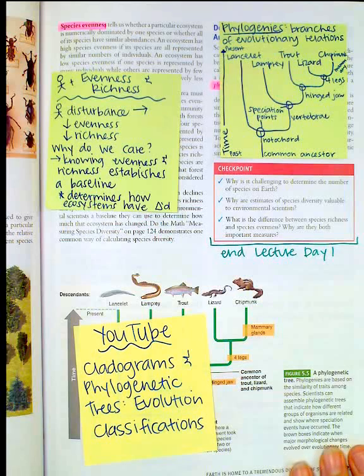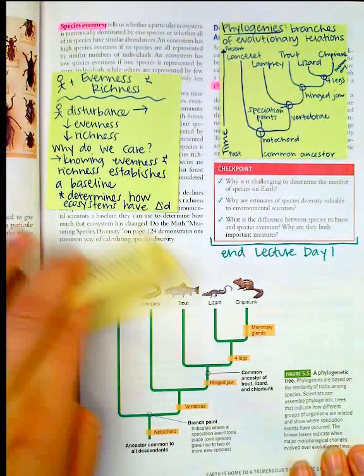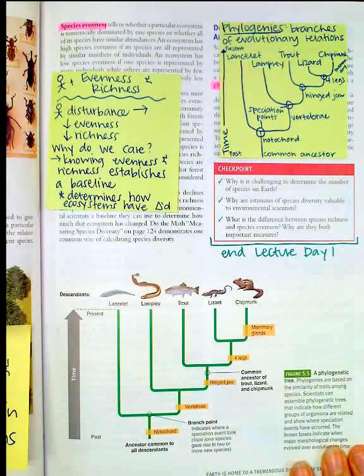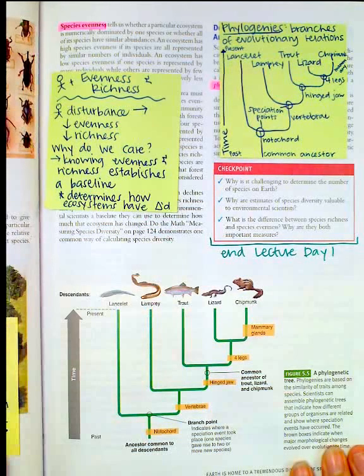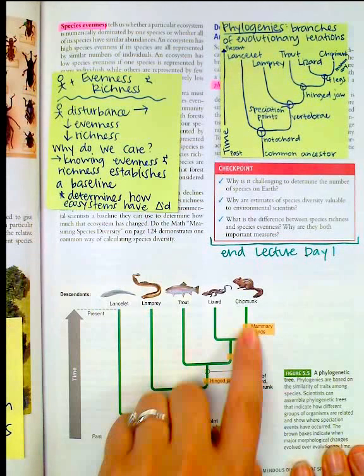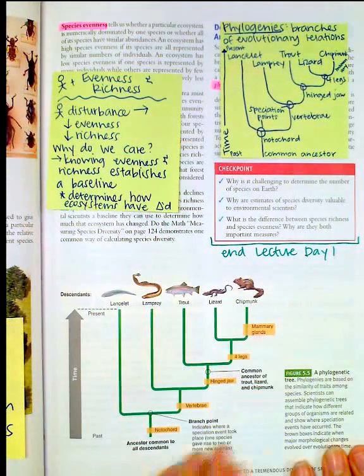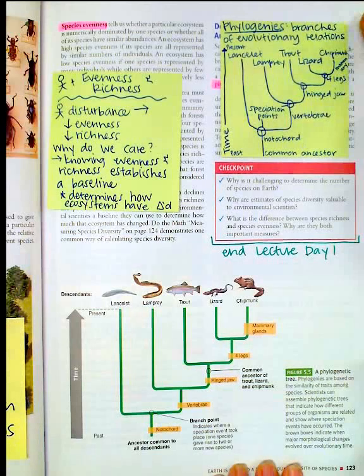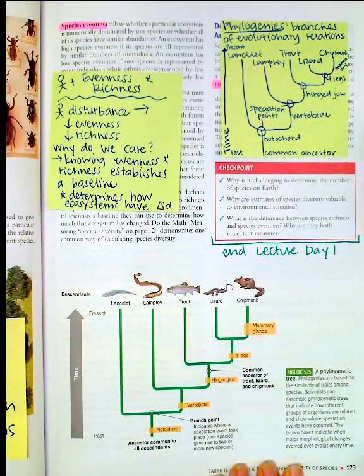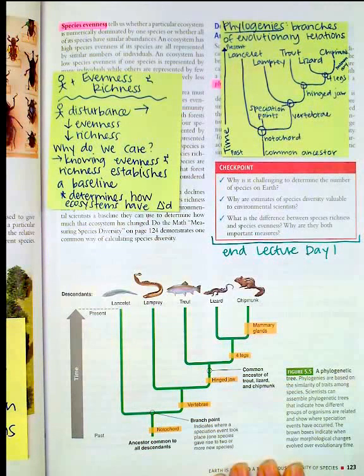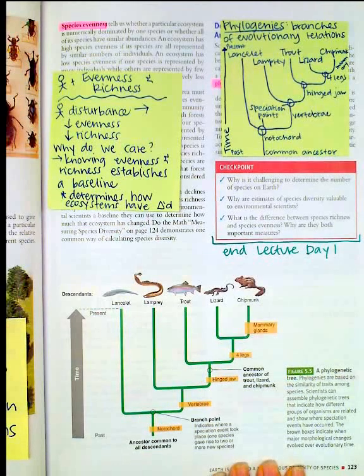Okay. Now the last thing we're going to talk about today is a phylogeny, and those are these cool little evolutionary trees. Okay, and so phylogenies are branches of evolutionary relationships, and so our chapter 5 is evolution of biodiversity, so we're going to talk a lot about how these different species came about. Okay, so these are kind of based on things that these different